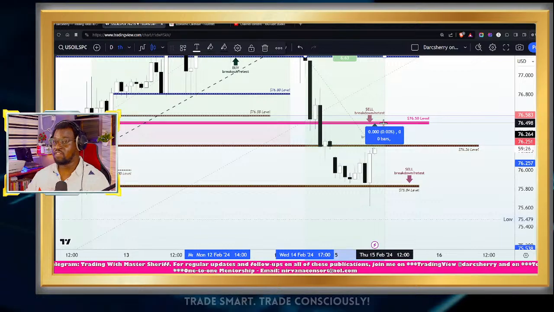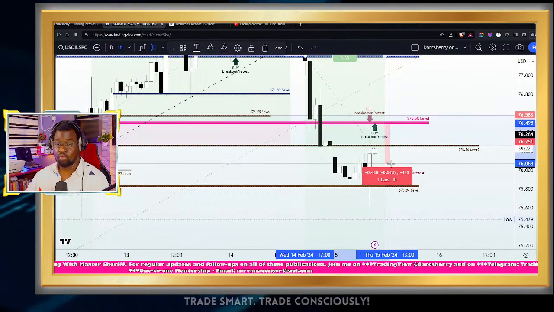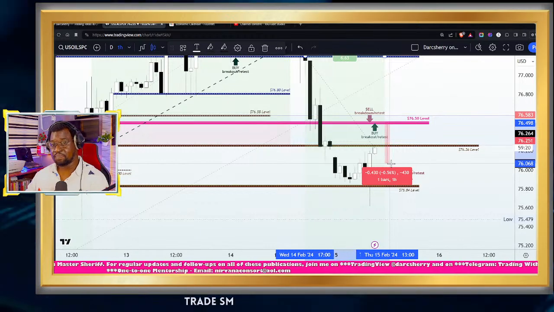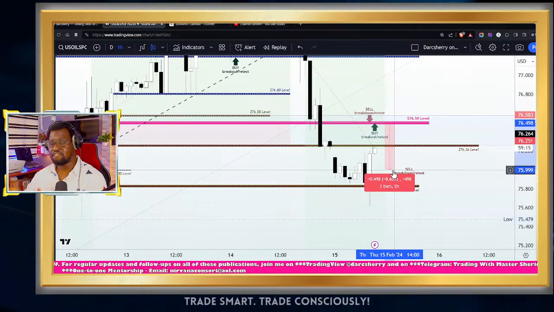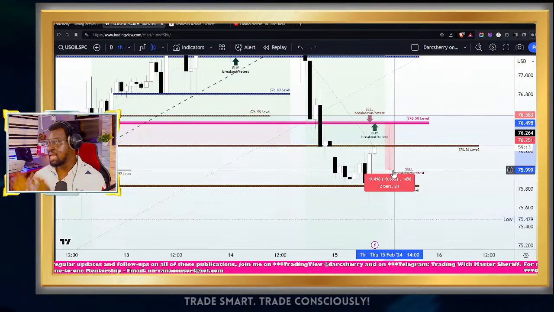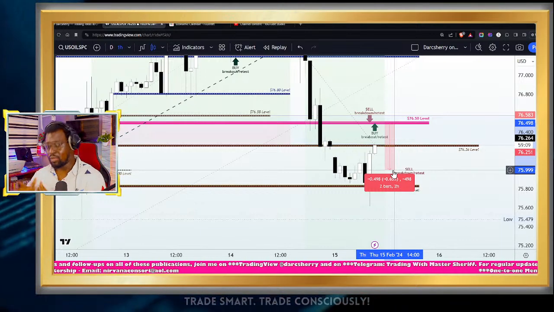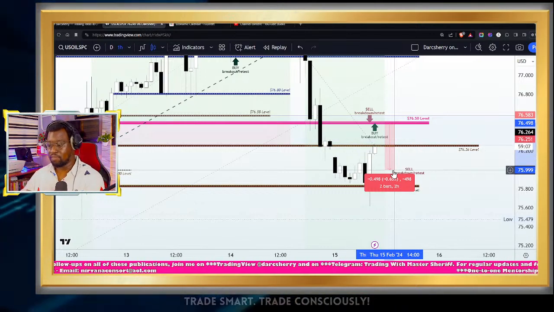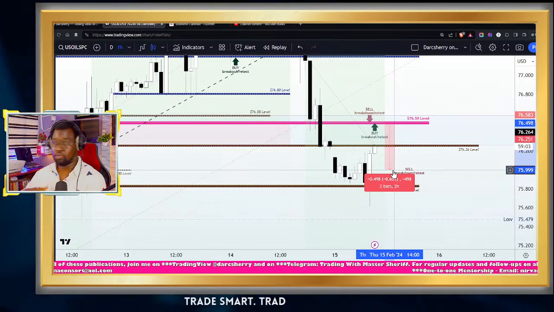We need to give a wide room for stop loss here because of the volatility that will happen today due to the economic features from the United States. So we should be looking at a 55 pips stop loss on this one, and let's see how far the momentum will go. So I will definitely be giving you updates on both my TradingView and Telegram platforms as we continue to monitor price action here.